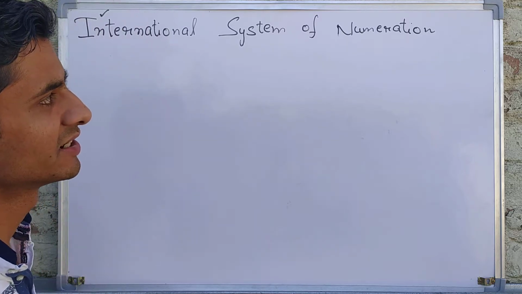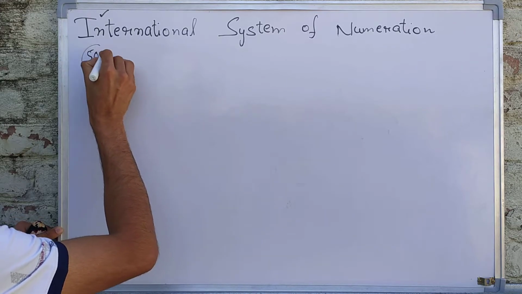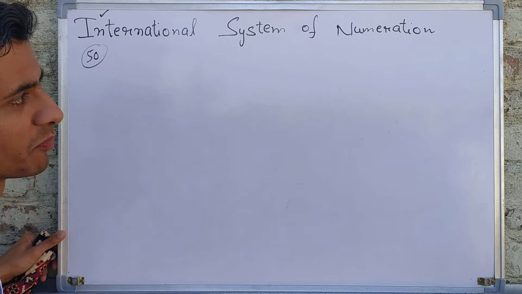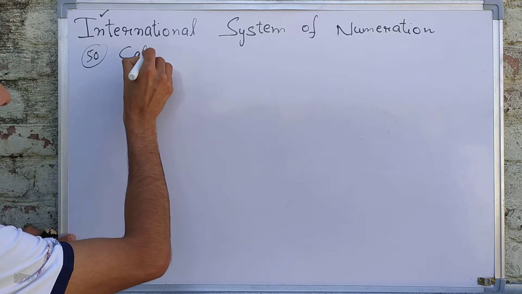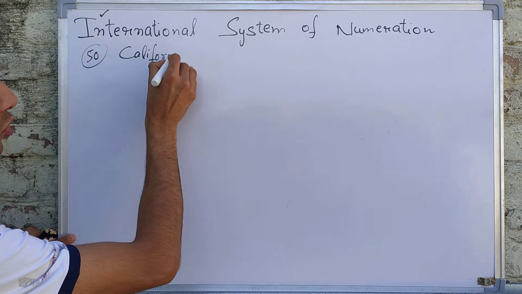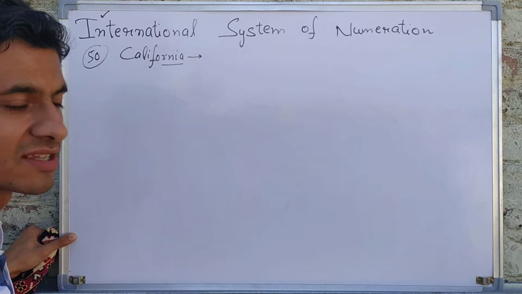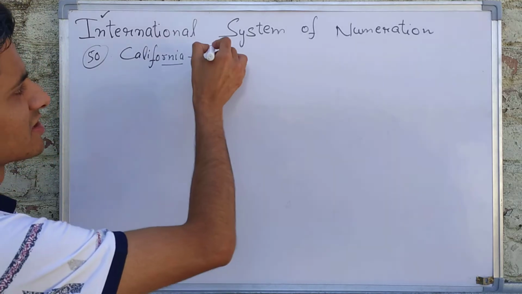You tell me how many states are there in yours. They might say, okay, there are 50 states in USA. And if you ask them which is the most populated state in the USA, the answer is California. California is the most populated state of USA. And then you ask them, okay, what is the population of California? They might say, okay, it is